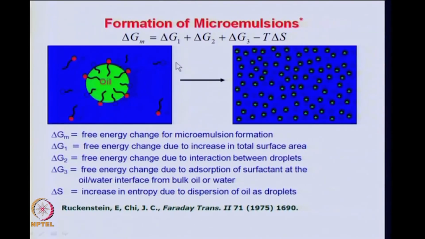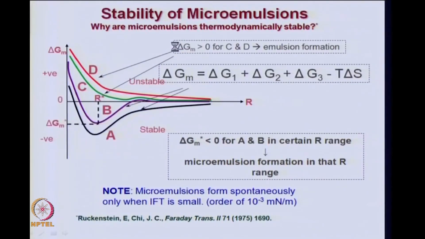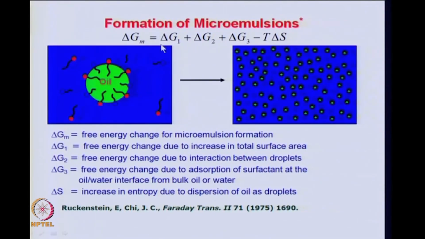So, when the microemulsion is forming, you are having a change in the surface area, and this delta G 1 is a term which relates the energy to the enhancement in the surface area. Delta G 2 is the free energy change due to the interaction between the droplets. As these droplets are forming, they are interacting, and that brings about a free energy change which is given by delta G 2, and delta G 3 is the free energy change due to adsorption of the surfactant at